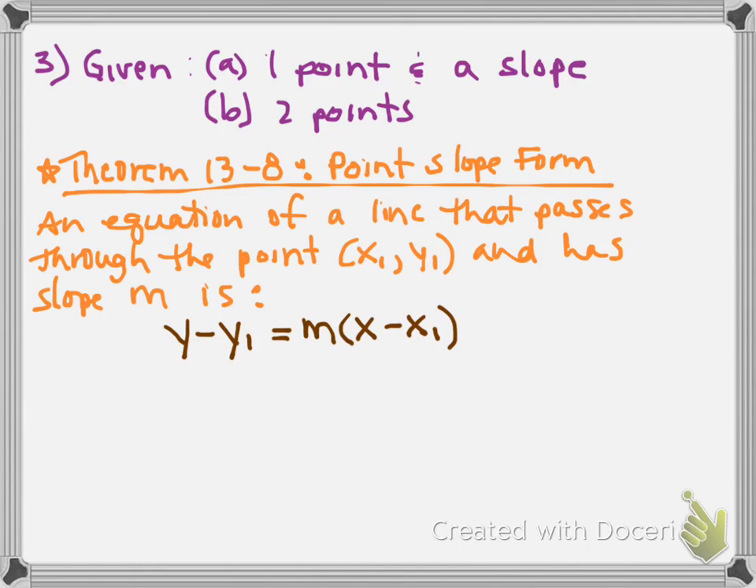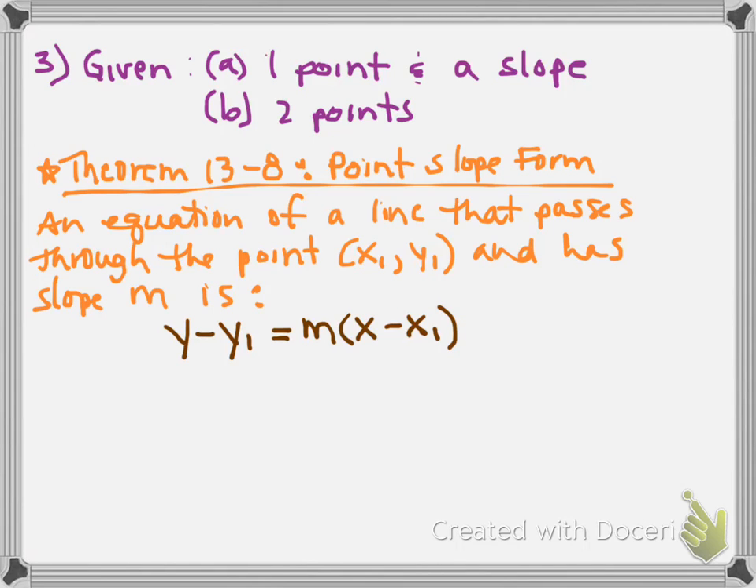So the y and the x are actual variables in your equation. The x sub 1, y sub 1 are the coordinates of the point that's on your line, and this m is the slope. Now, in scenario 1, all we do is take those three pieces of information and plug them into the three places, the m, the x sub 1, y sub 1. Scenario 2, we have to actually calculate slope first,